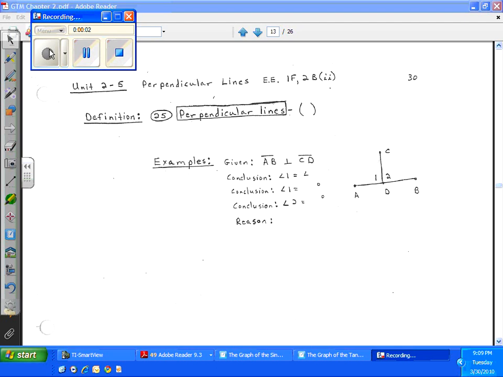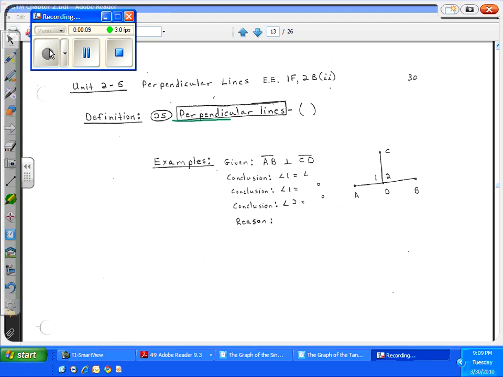Unit 2.5, perpendicular lines. The symbol for perpendicular is an upside down T. This is something you've been exposed to in the past also. Perpendicular lines are two lines that intersect. That means they hit each other